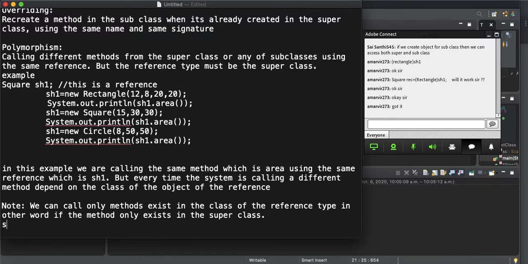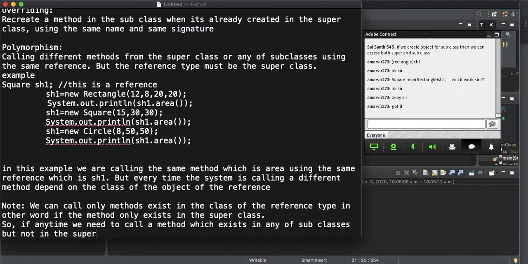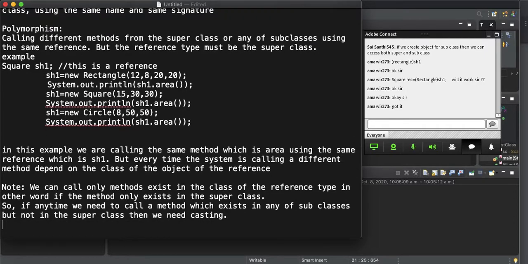So, any time we need to call a method which exists in any of the subclasses but not in the superclass, then we need casting. Example,